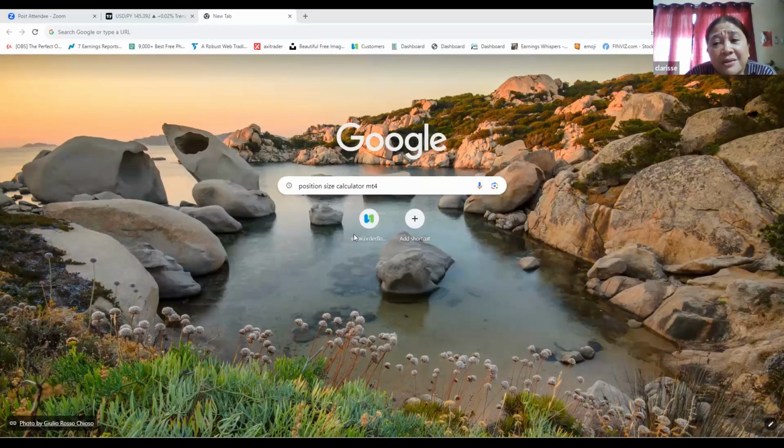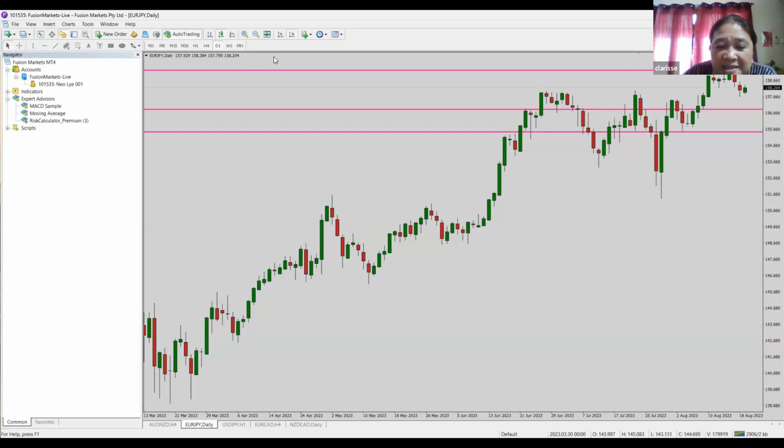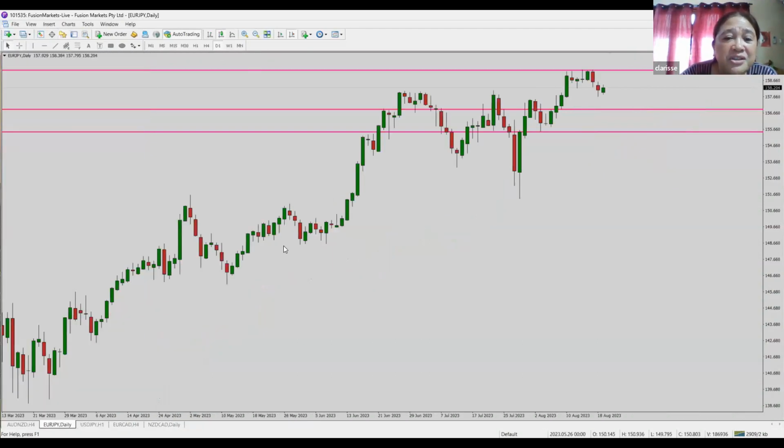Isn't that the $1,000 account balance? Say I only want to enter the market with Euro USD with $300. Would that calculator also calculate the risk?